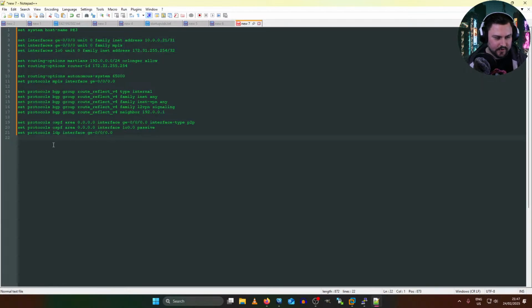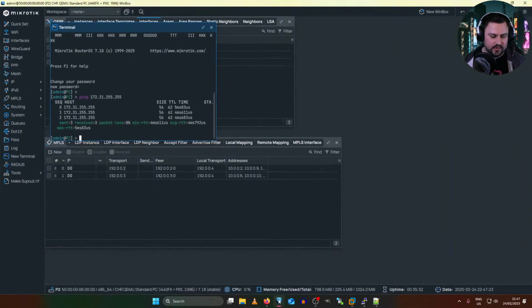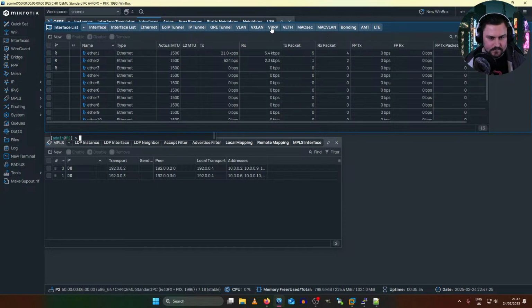There's another thing that I might want to do with set protocols. I want to add the loopback logical interface for LDP as well, but it's for something that we do with Juniper, because Juniper's got a pretty cool thing. It's very similar to MikroTik's EoIP tunnel, which does Ethernet frames.